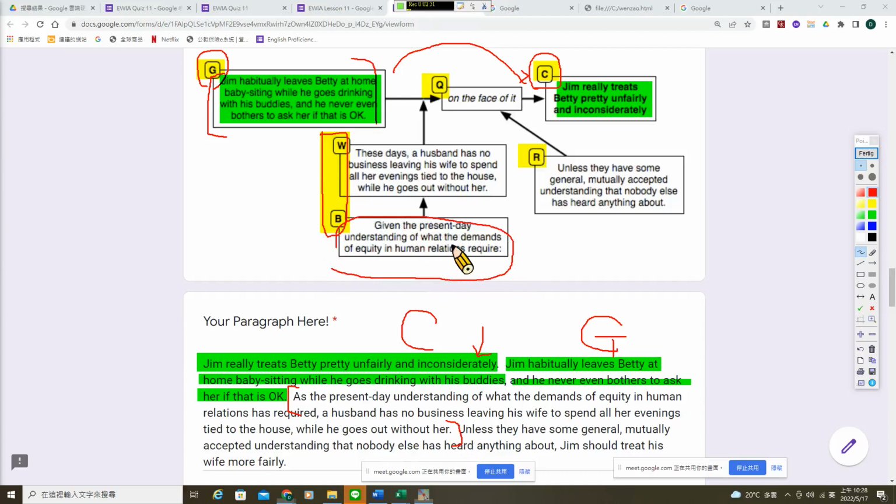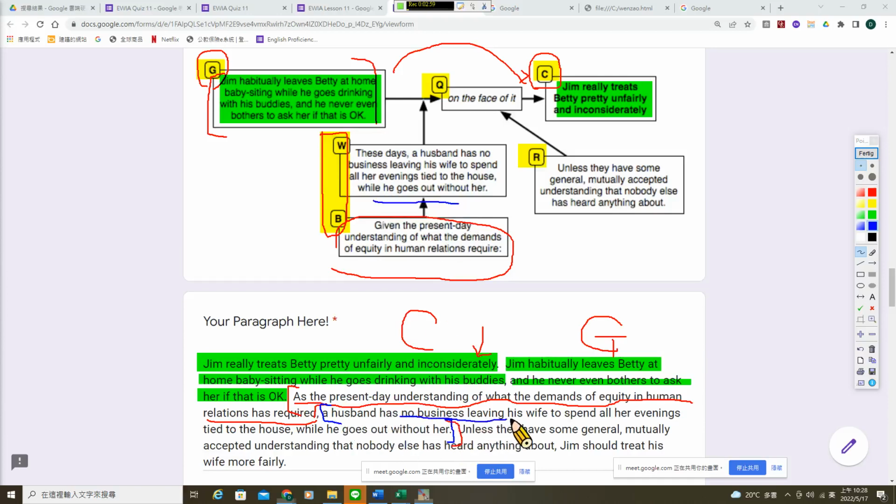Given the present-day understanding of what the demands of equity in human relations require, so I revise a little bit to fit into the sentence. So as the present day understanding of what the demands of equity in human relations has required. A husband, this is warrant. Do you see this one? Here is the warrant. A husband